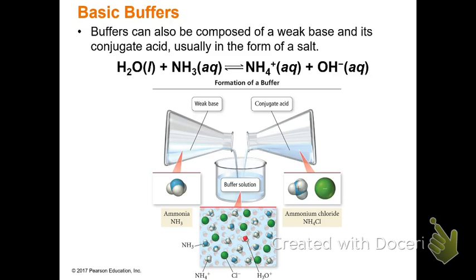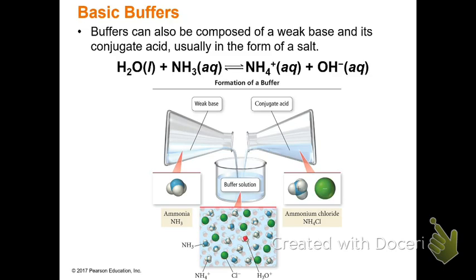All right, so now let's make a transition here and talk about basic buffers. I'm not going to cover this in great detail because the examples are very similar to acidic buffers, right? The difference between acidic and basic buffers is that basic buffers have pH greater than 7, and so you can create a basic buffer by adding a weak base with its conjugate acid or a salt of its conjugate